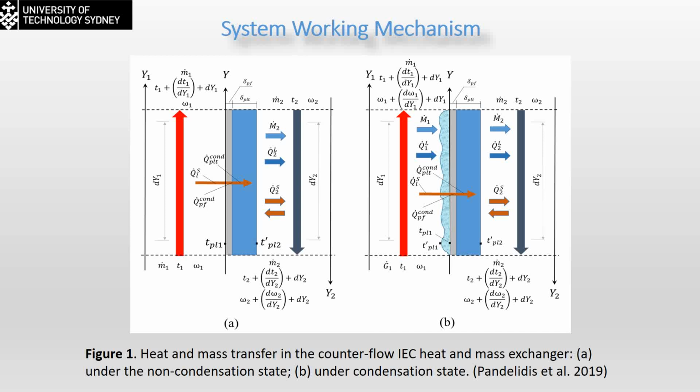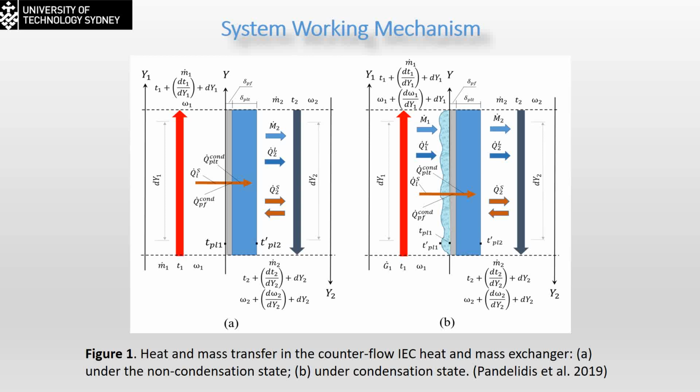Mass and heat transfer in the wet channel. The cold air is going to absorb the heat from the water, making it colder, thus the plate is going to be colder, and this will increase the sensible heat transfer between the primary air and the plate. In certain situations, if the humidity of the primary air is high and the plate temperature reaches the dew point temperature of the primary air, we're going to have a condensation layer on the dry side. Sometimes, actually in most cases, because we're going to have latent heat transfer, this will be a negative effect on the performance of the indirect cooler.